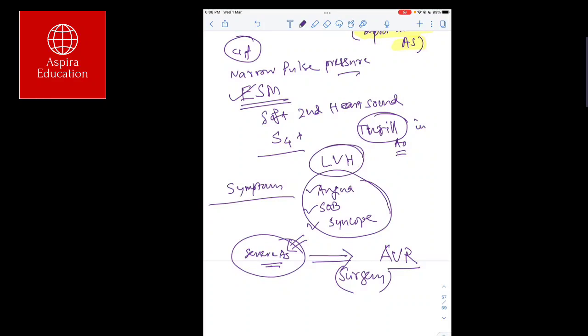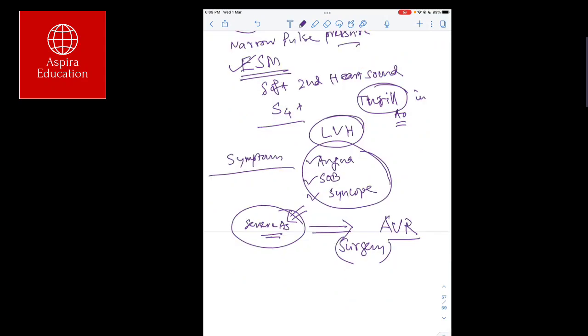Positive factors you can work on: calcification, we don't have anything to slow down the progression, but definitely the comorbidities like coronary artery disease or hypertension or diabetes, we can keep them under control. For occasional palpitation, there is a little bit of role for a beta blocker, but once it is severe, no other treatment will do. The patient should go for surgery. That is very, very important.